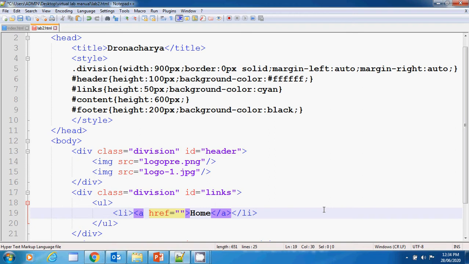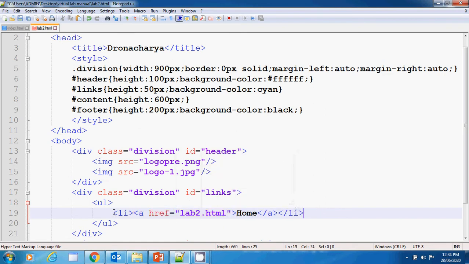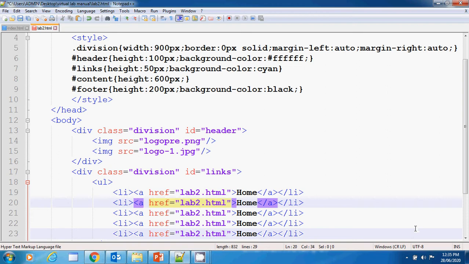So I've given this as lab2.html, right? So in similar way we can create n number of links, 2, 3, 4 and 5. So we'll display it with lab 3, lab 4, lab 5 and lab 6 respectively. We need to change this thing also from home to about.